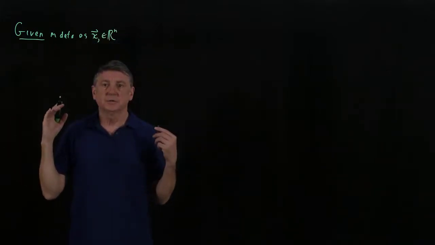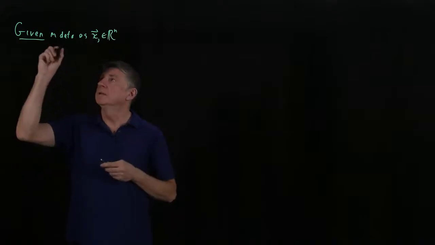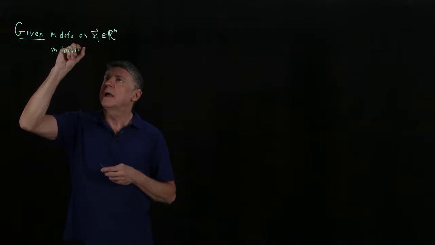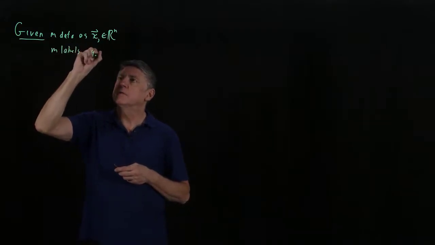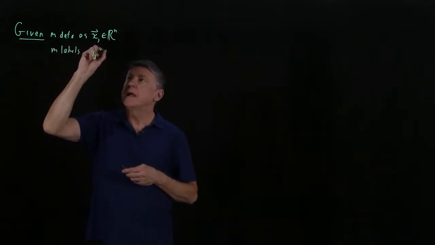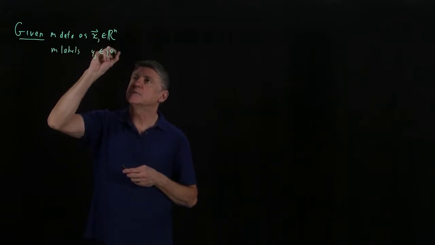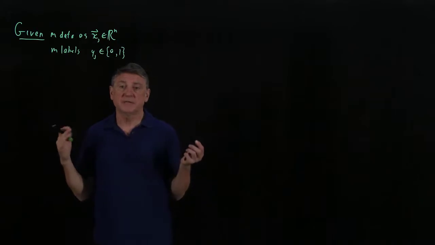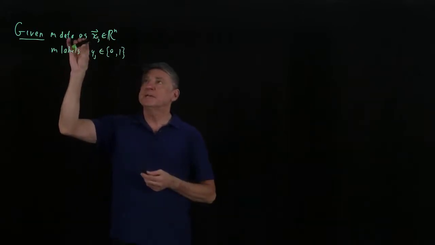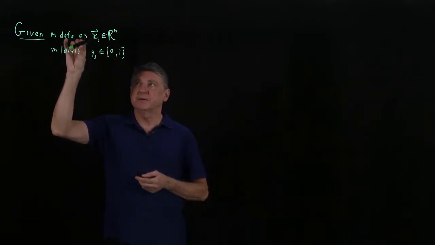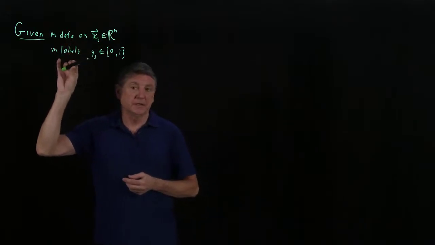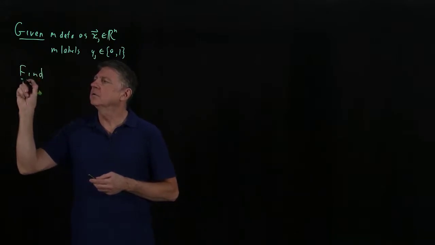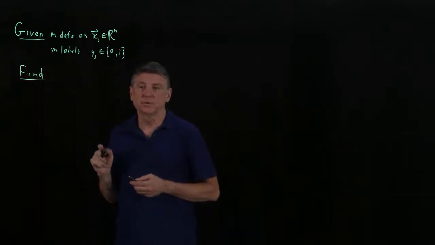And because this is supervised binary, that means we have M labels, and these are values that we'll denote as Y, and each one of those values is either 0 or 1. The idea behind supervised binary classification is that we would like to predict each of these X vectors to be in its corresponding label. So we'll explore a linear problem first, which is